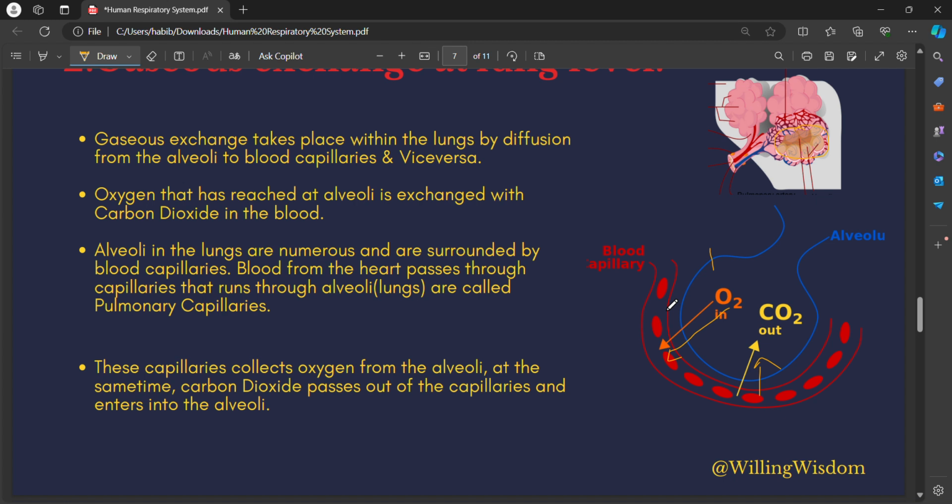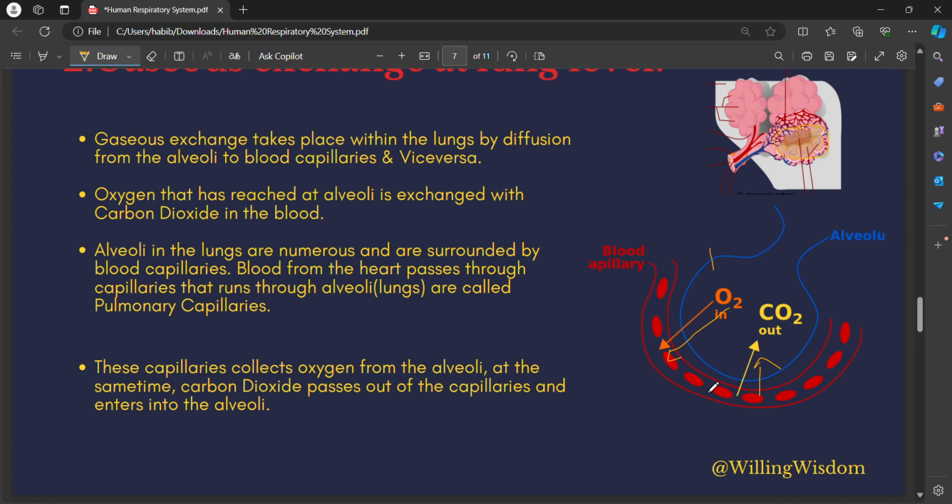What is the diffusion concept here? It is nothing but the movement of a substance from higher concentration to lower concentration, which is termed diffusion. So because of the concentration gradient, oxygen will be entering into the blood capillaries and CO2 is entering